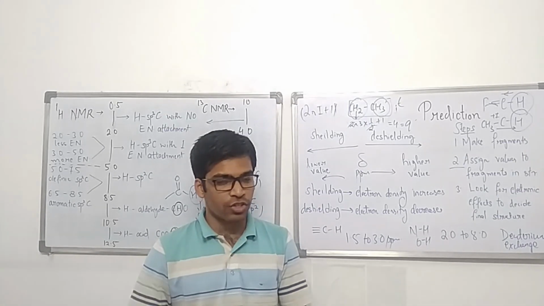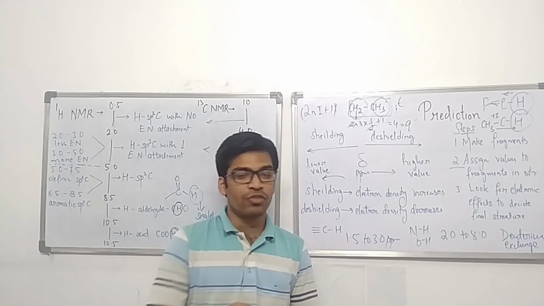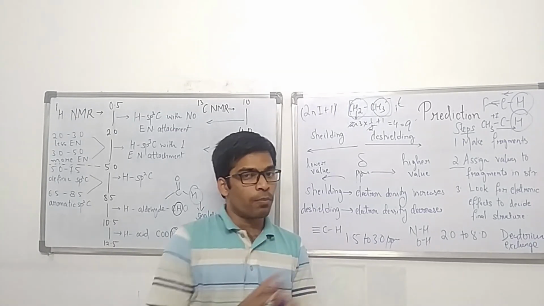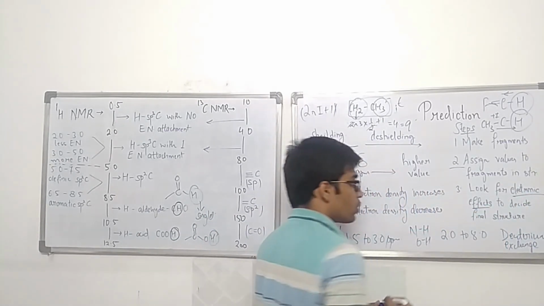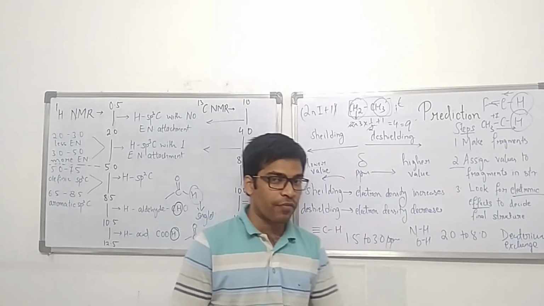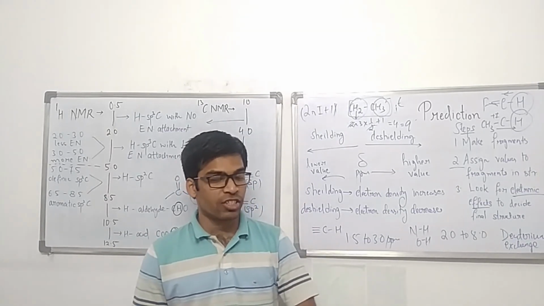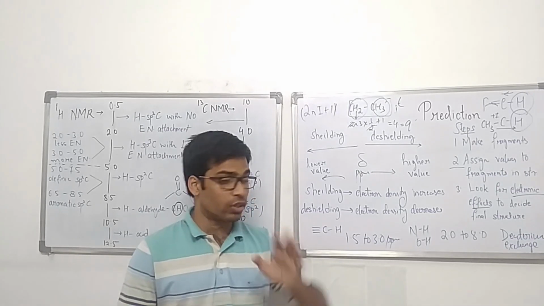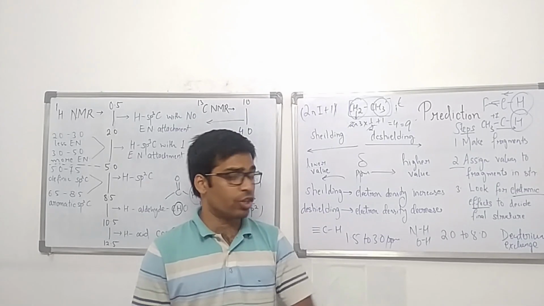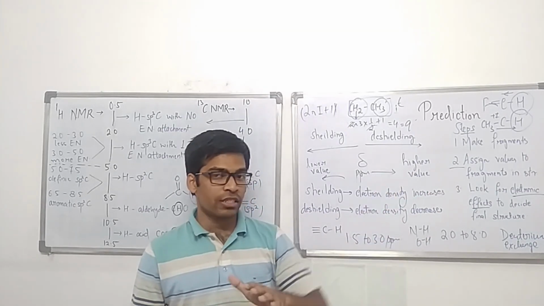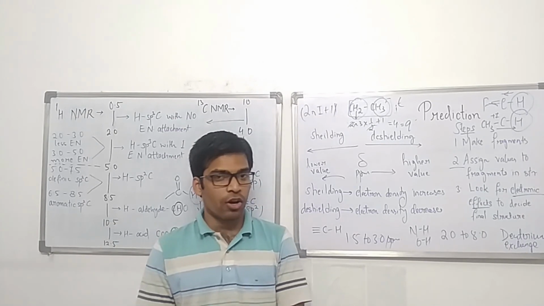Now you are remaining with 2 structures, and in most of the cases this happens that out of 2 structures it is difficult to figure out which one will be the answer, because the data fits both. But if you look at the electronic effects, like conjugation or mesomeric effect or inductive effect, all those things decide which will be the final structure between the 2 structures. We will see some examples also. So the final and crucial step for predicting an NMR structure is to look at the electronic effects and decide out of the 2 structures which will be the correct answer.